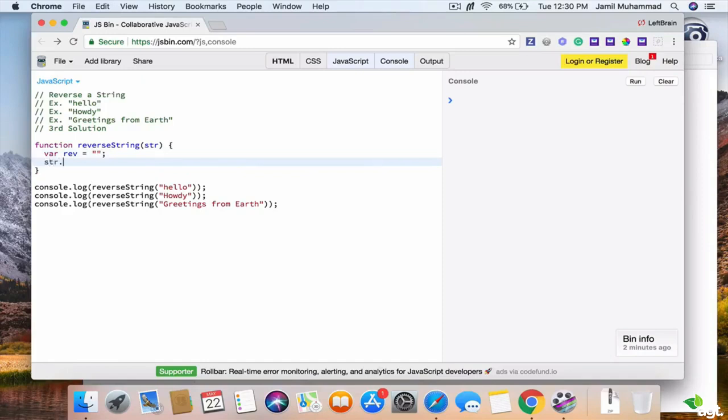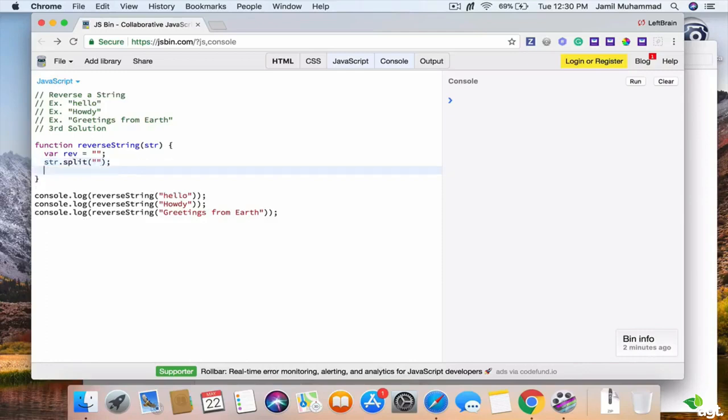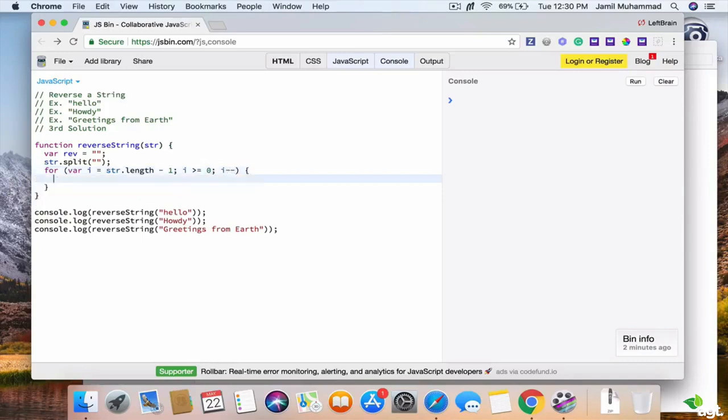And then I'm going to have string dot split, open close parentheses, empty string as an input, after that a for loop again, var i equal to string length minus 1, and then i is going to be again greater than or equal to 0, decremented by 1, and then reverse plus equal str